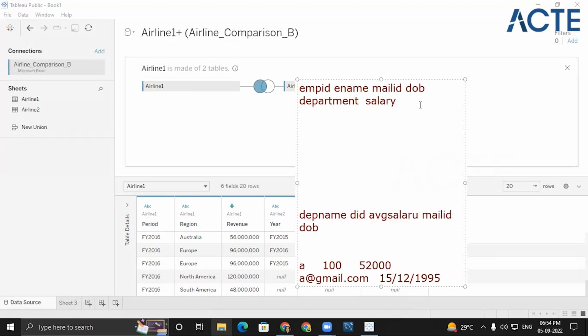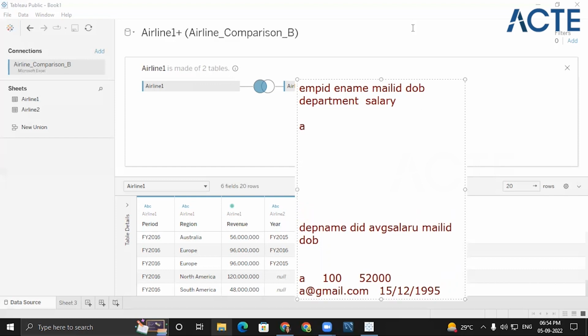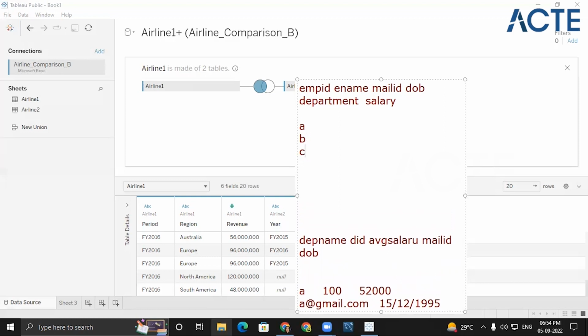Now I have data of the total employees of my company, and I have another data of only those employees, VIP employees or managers, who are the head of a particular department. Getting it? So here I may end up getting A, B, and C, and the department name is finance. Maybe here you need to put the employee name to get some glimpse. A, finance, date of birth 15/12/1995, and maybe the mail ID